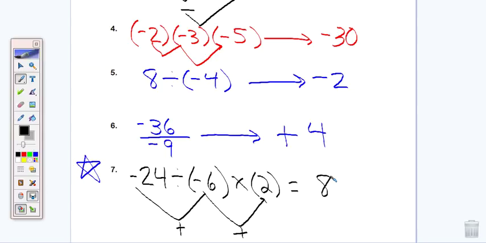How do I feel about this? Pretty okay? Now when we get to some stuff, and we've talked about this already, when they say evaluate when x is a certain value, anytime you substitute numbers in for a variable, what should you always put around your substitution? Parentheses, okay? All right, so I